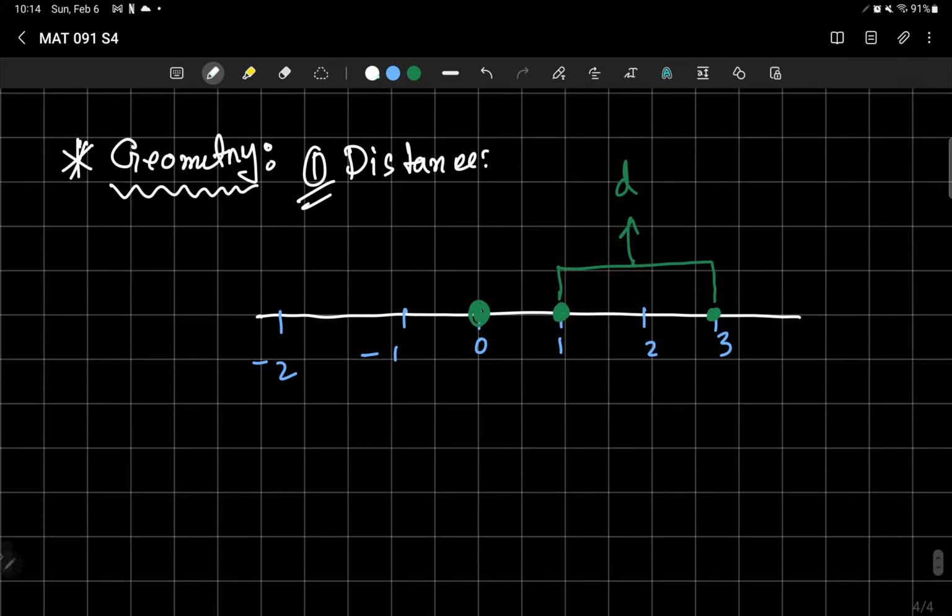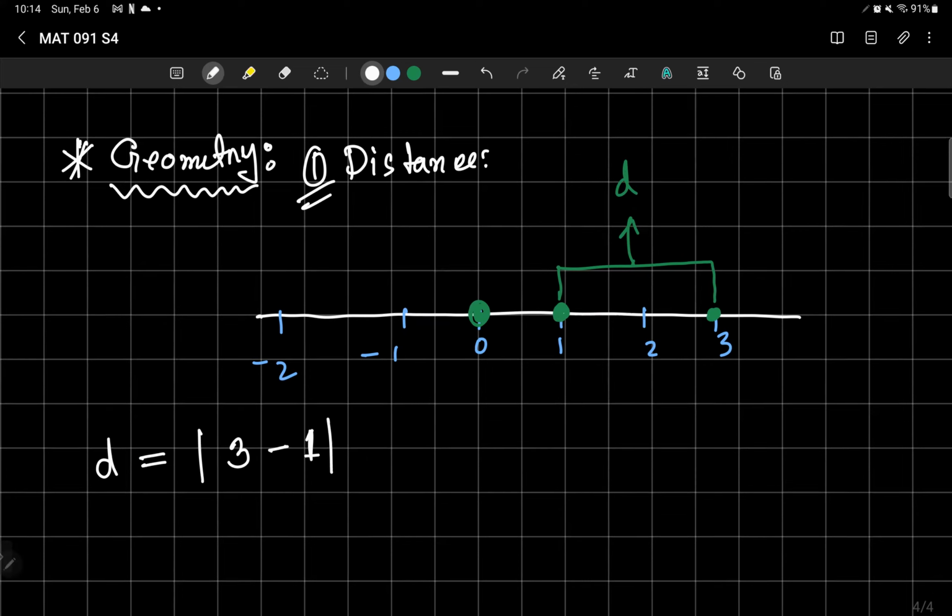The distance is defined as follows. Let's say you have 2 points, 1 and 3 in this particular example. What you do, you take the end point, then subtract the initial point and put a